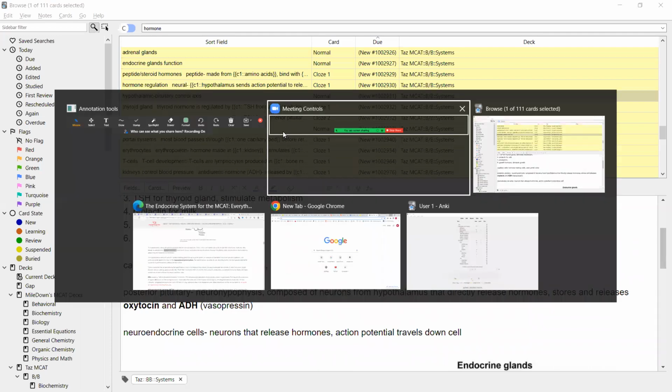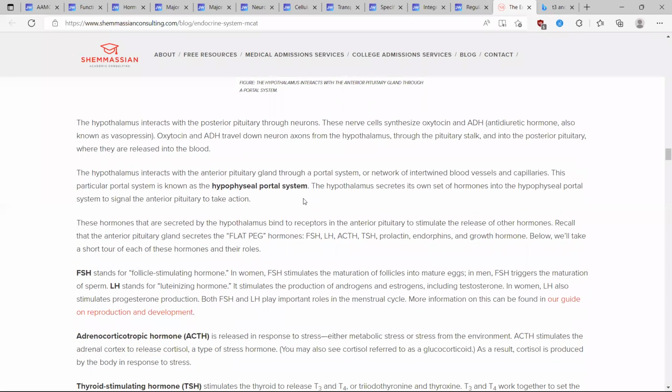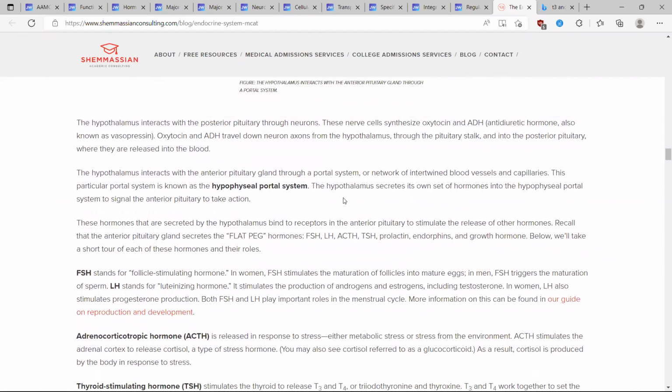Got that. Okay, so now let's actually talk about what's actually being produced, right? We've talked about how it's being produced, but what is actually being produced. So we have the following hormones being produced from the anterior pituitary: